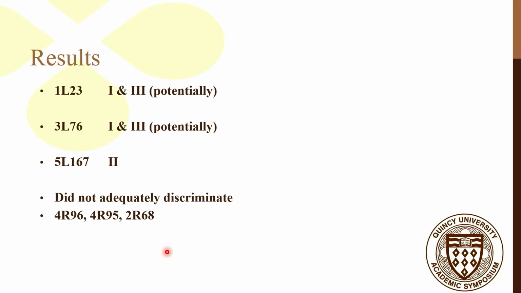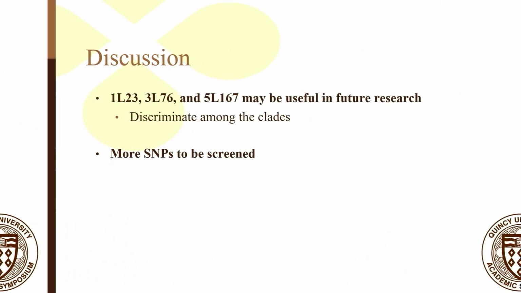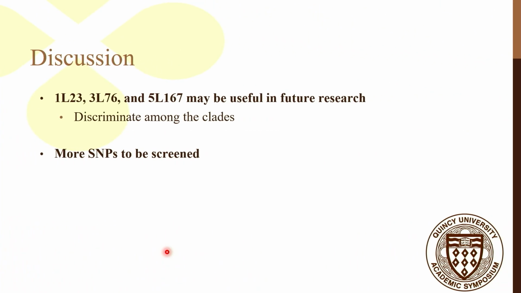So as for our results, to recap, these 3 SNPs may be more suitable for future research, and the remaining SNPs at the bottom may need some further testing to see if they would be suitable for this type of research. Now, there are some primers that may be more useful in the future with this research. We do have hundreds of SNPs that have these restriction enzyme sites baked into them, so we may need to look further into those to screen them.